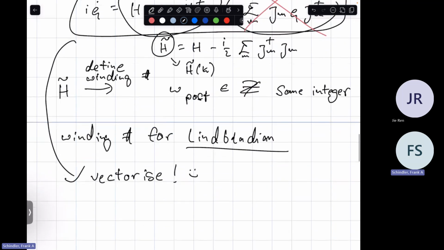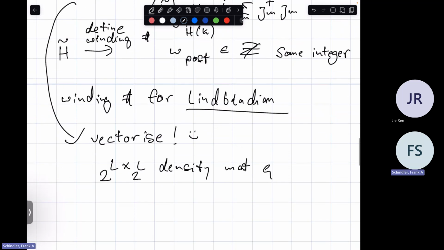So you have an N by N, maybe I shouldn't use N, let's use L for length in 1D, L by L density matrix. And in the many-body case, this is a 2 to the L by 2 to the L density matrix rho. You turn this into a 2 to the L squared, so 4 to the L dimensional vector